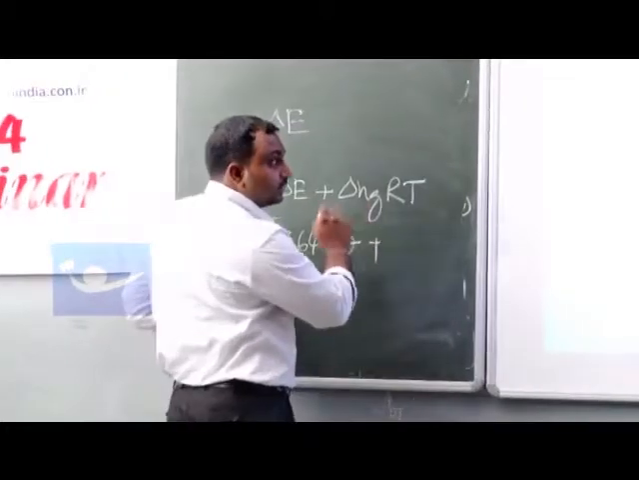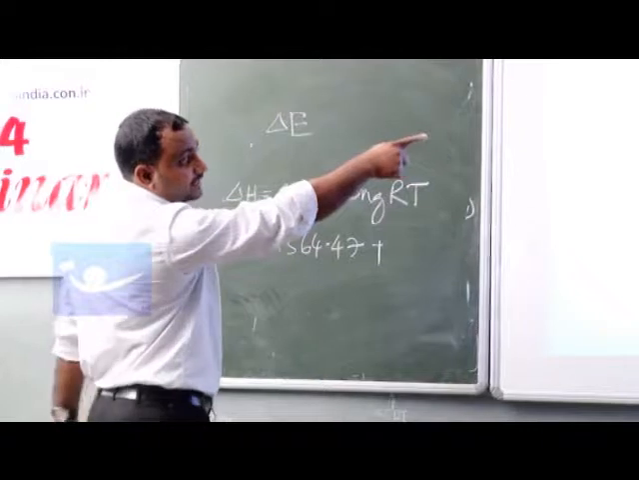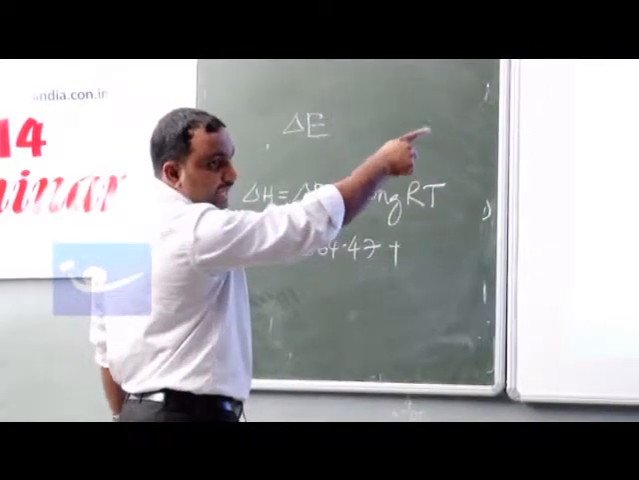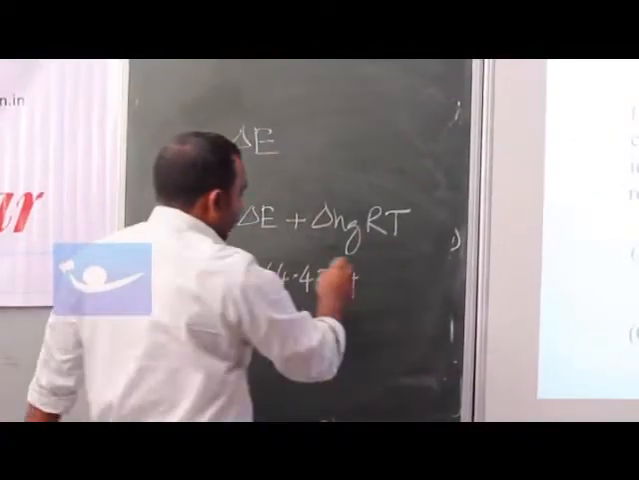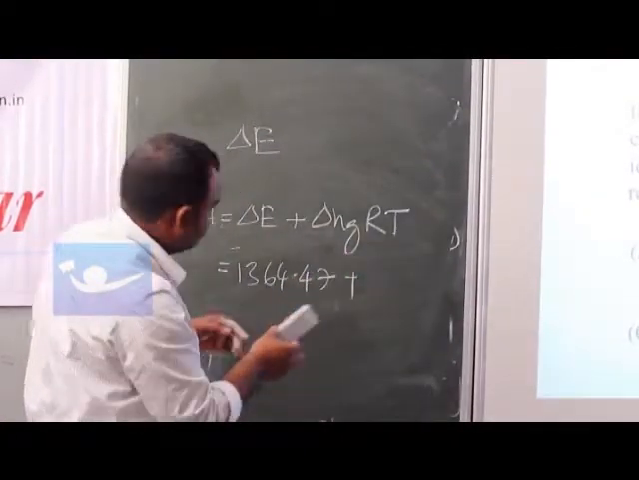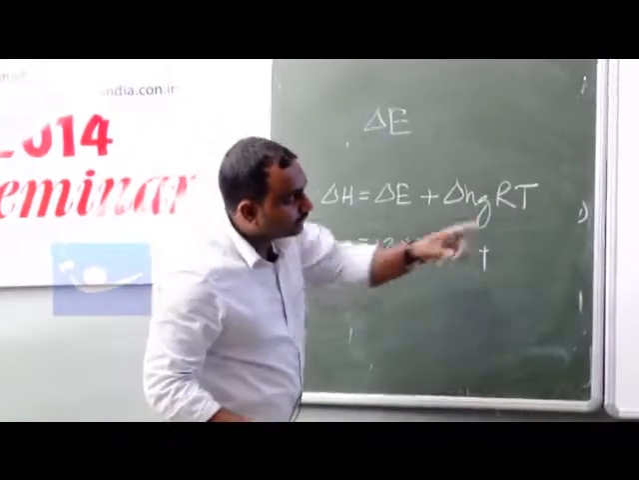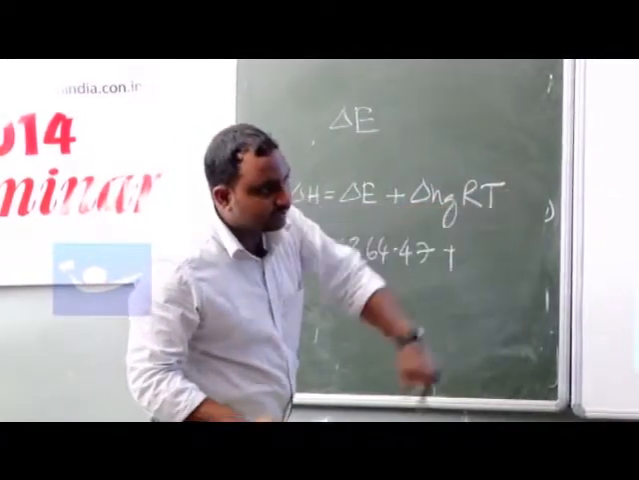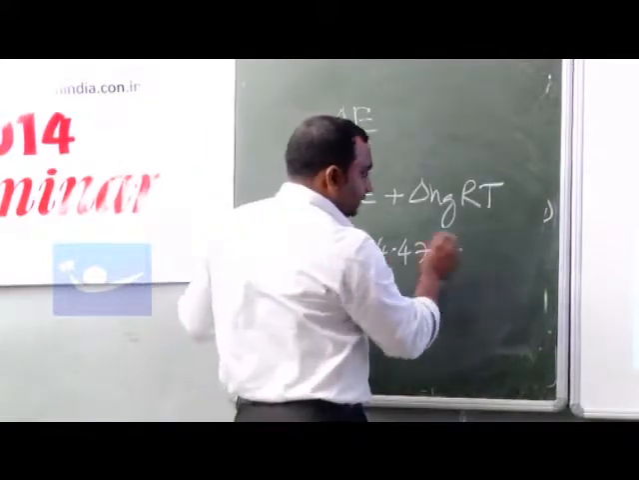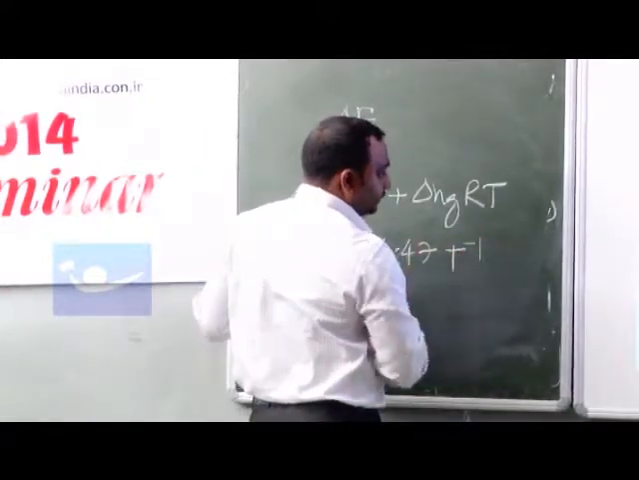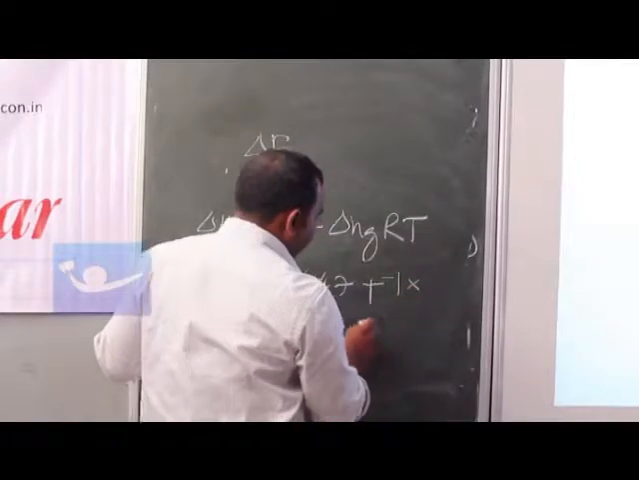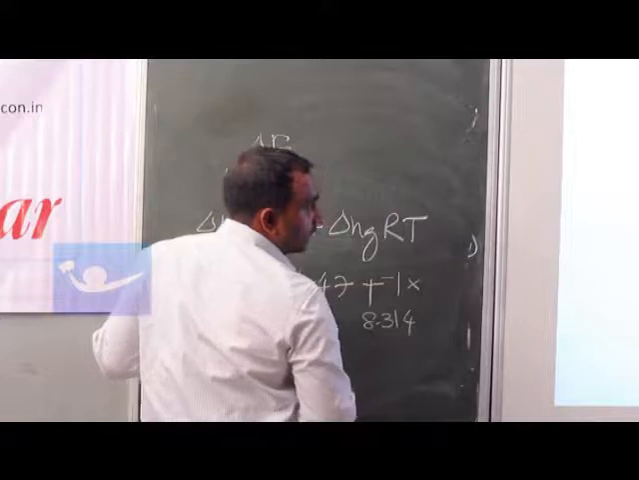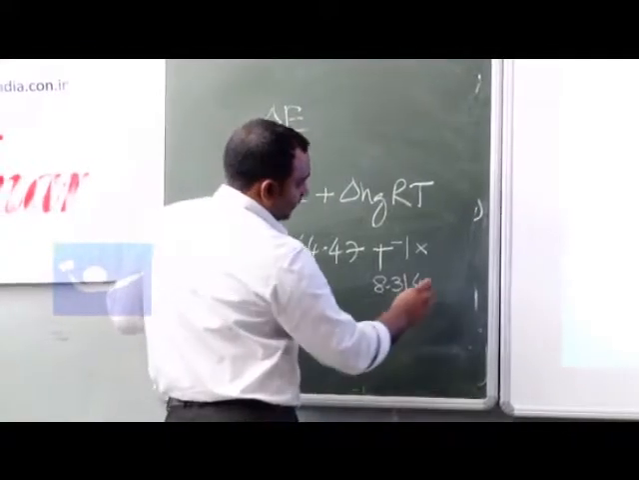So how many gases or moles are there? 2 moles of gases. How many gaseous moles of reactant? 2 minus 3, minus 1. Oh, it is okay. 1364, there is no mistake. 1364.47 plus minus 1 into R, which is given, 8.314, into